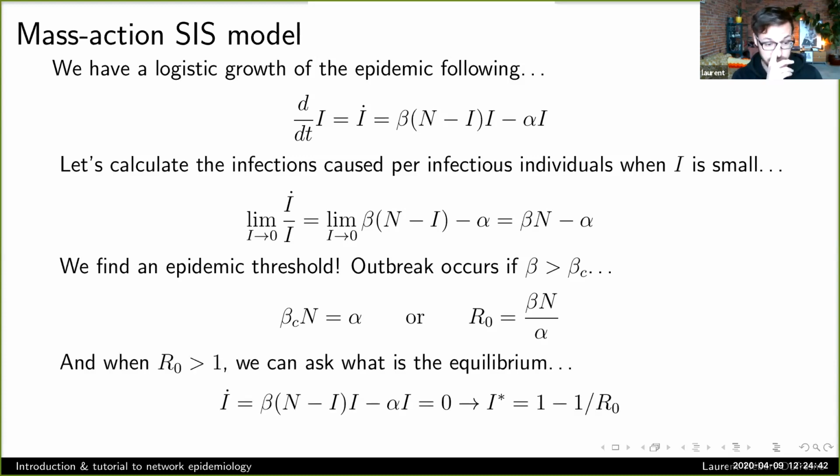And in fact, we can even ask, if it is growing, where is it going? How big is this outbreak going to get? And because I'm using SIS here, it's pretty simple. I can just ask, when is I dot, this derivative of I, going to reach a steady state? So stop moving, be equal to 0. And I can solve that equation. I get 1 minus 1 over R naught. So if R naught is infinite, everyone gets sick and stays sick. If R naught is around 1, then I get a tiny outbreak. Below 1, this doesn't even make sense, right? So below 1, there's just nothing going on, no outbreak. So that's the classic intuition that we get from the standard SIS model.